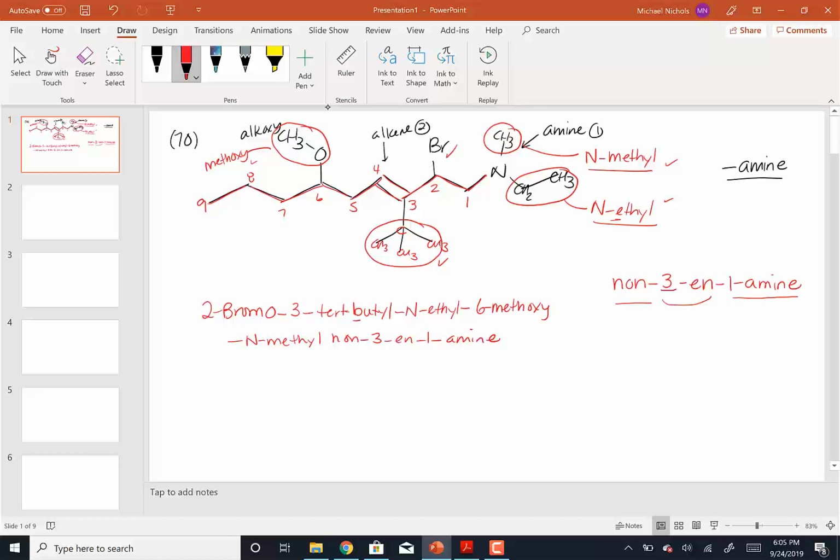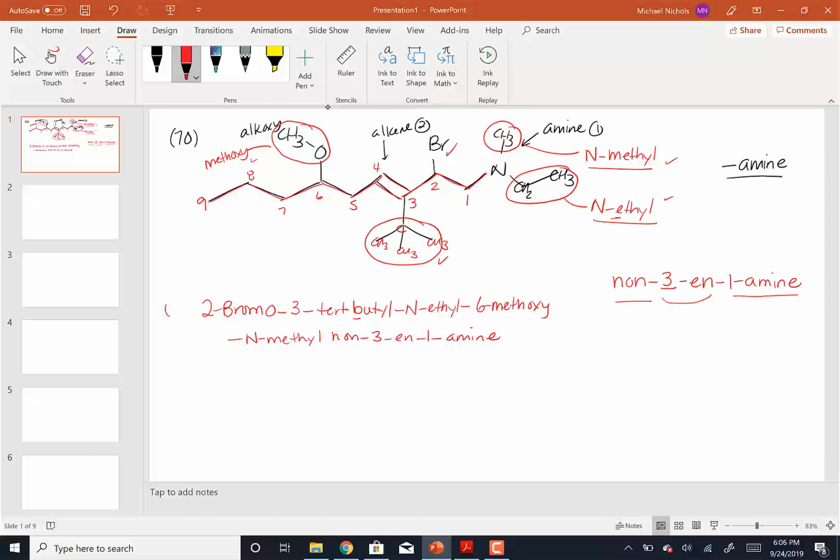And so hopefully that's the correct answer. 2-bromo-3-tertiary butyl N-ethyl 6-methoxy N-methyl non-3-ene 1-amine. Now there is an E or Z in front of this, but we haven't talked about E or Z yet, and so we'll hold off on that. So that is the correct answer as given in the textbook. So that's how we put together that name. Now looking at